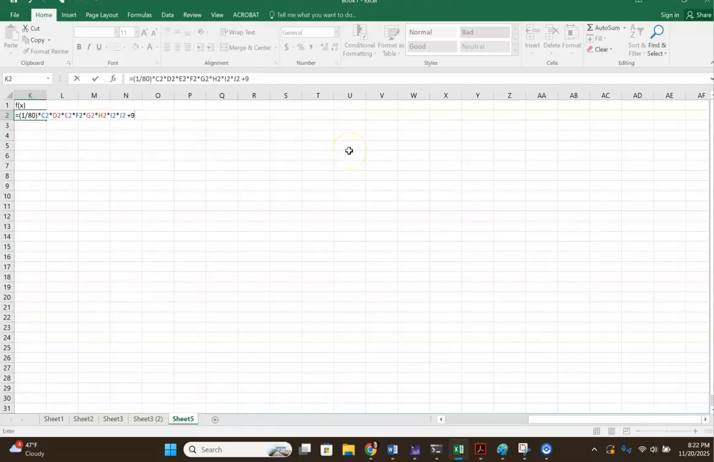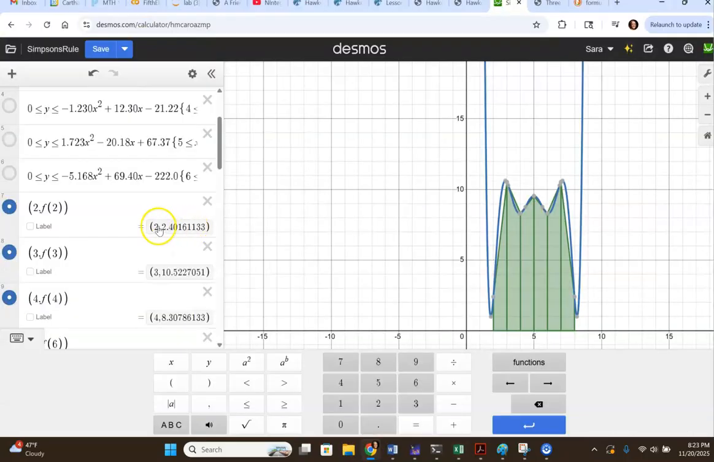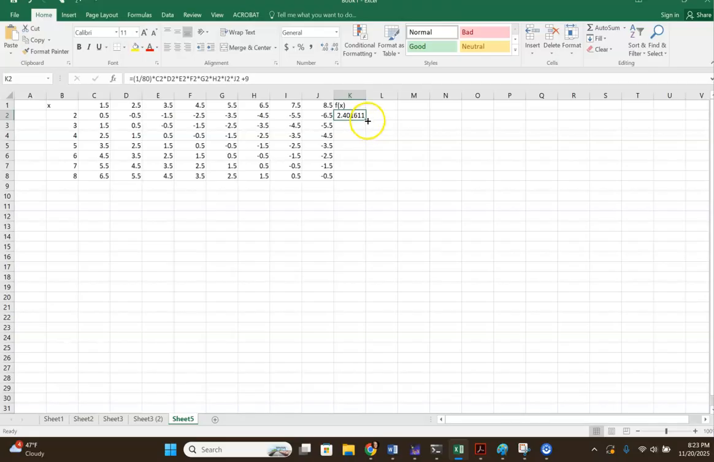If I hit enter, I now get the value of my function at the point when x is equal to 2, and we can see that the output value is matching what we see here in Desmos. Returning to Excel, remember that even though that formula was hard to type, Excel is good at pattern matching, so I can simply drag that formula down, and I've now computed f of x for all of these different x